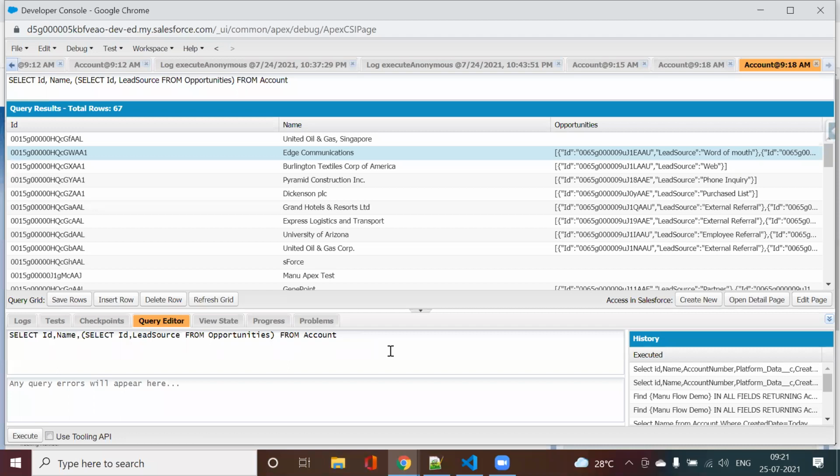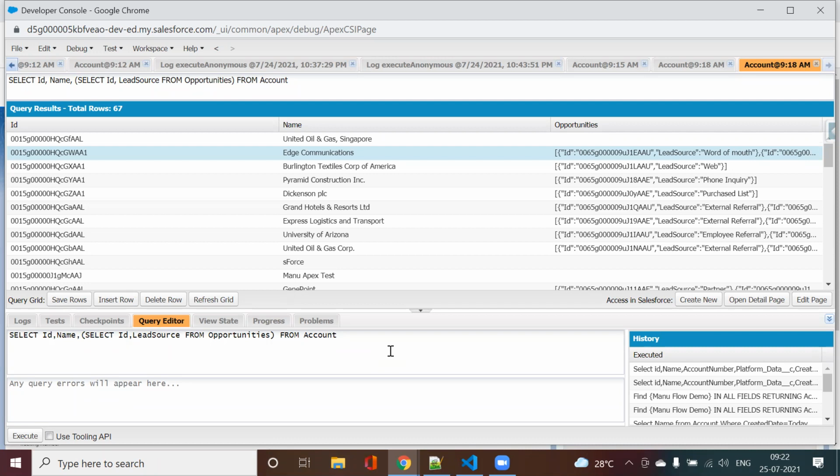Okay. Now remember this thing, from parent to child, I can only query up to one level. Assume there is an account, there is a contact, and below the contact there are also 2-3 children. I cannot go from account to these children below the contact directly through this query. In that case, I have to use some sort of looping or other criteria. So from parent to child, in case of query and subquery, I can go one level.